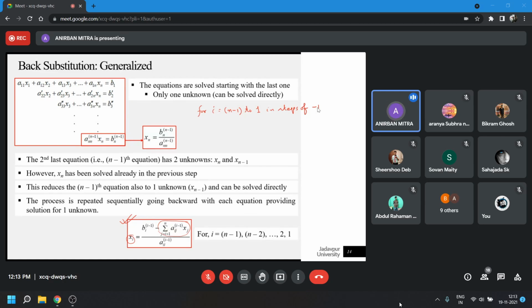I hope I would not have to discuss the summation again, and I would leave that up to you, because we have discussed this in, I think, in case of two different numerical techniques. So I would leave the algorithm for the back substitution for you to find out. If you have any problems later on, of course, we can discuss about it.